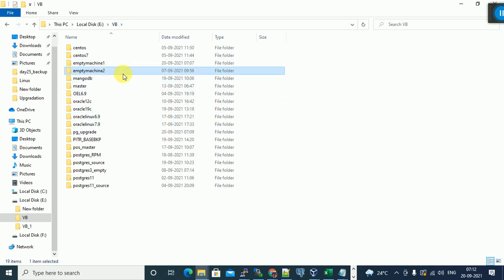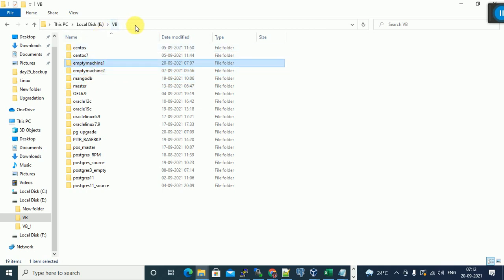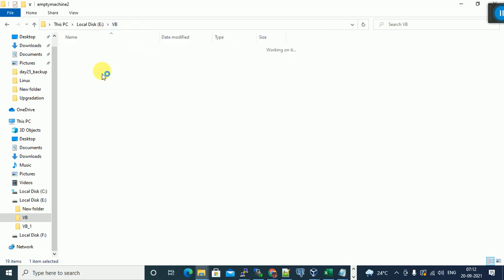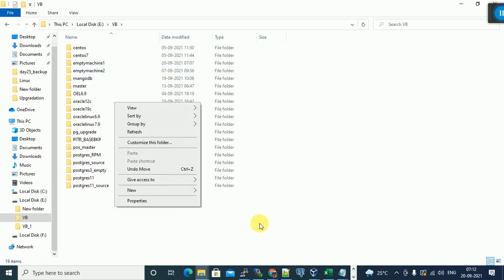MT mission 2 is another virtual machine. You can see here, the second machine, MT mission 2. All the virtual machines I maintain under the E drive VB folder, everything is there. Like this, all the virtual machines I am maintaining. This is the path: E drive, VB folder. In your case, you should do the same. Choose OneDrive, E drive or D drive, anything. Create one folder, VB, VirtualBox. Under VB, you can create the machine name folders. While creating a virtual machine, choose this path location.